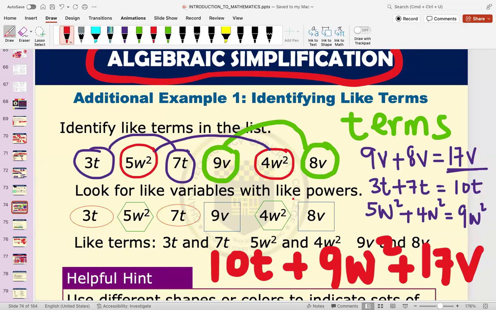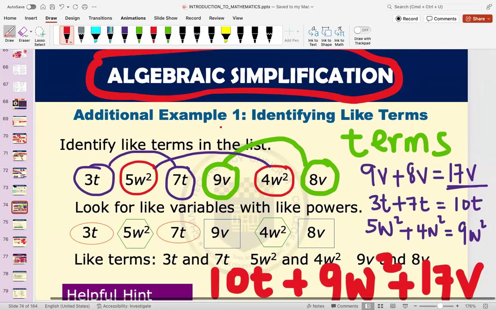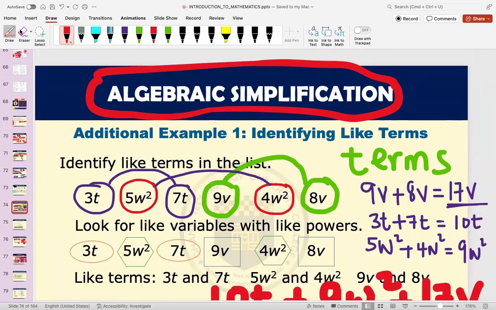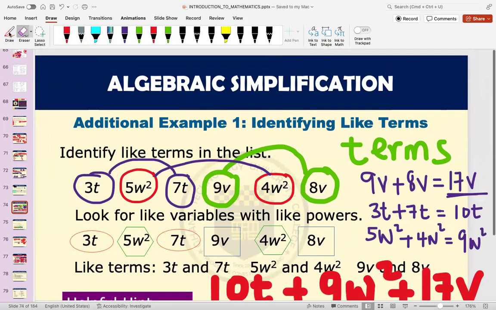Exactly. Before you go on with your question, this is how they look. I want you to understand, so don't lose your thoughts. I will let you continue with the question, but the statement you said, I want to enhance it. You said 3t plus 7t is equal to 10t. So your question is nothing happens to the t, isn't it? Yes, please. It's very good. Nothing happens to the t